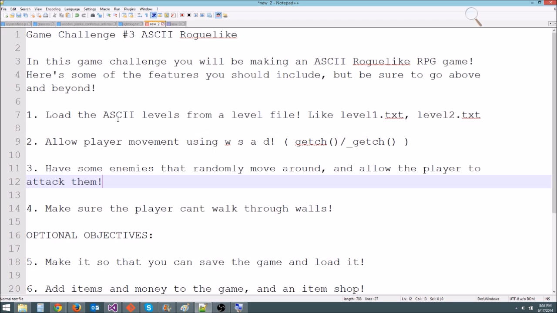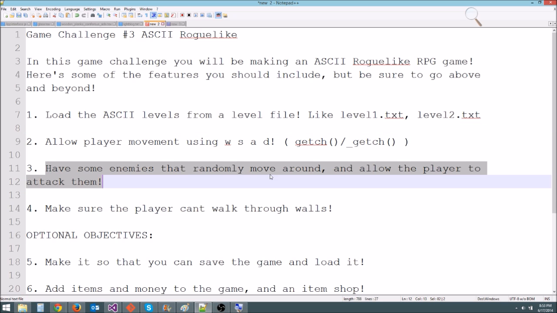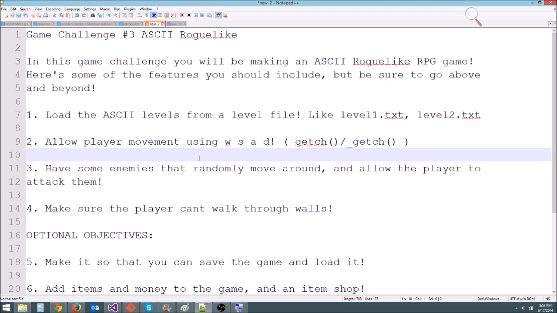Man, I'm going to be doing a lot of talking here in this episode, I can already tell. Okay, so number 3, have some enemies that randomly move around and allow the player to attack them. So we want to actually have enemies, so it's kind of interesting. We could just give them really stupid AI that makes them just walk in random directions and bump into walls. And we could also make it so that they check to see if the player is standing right next to them,